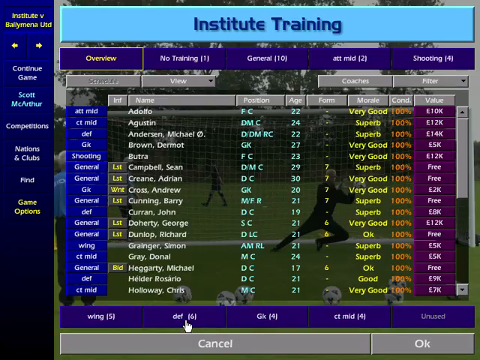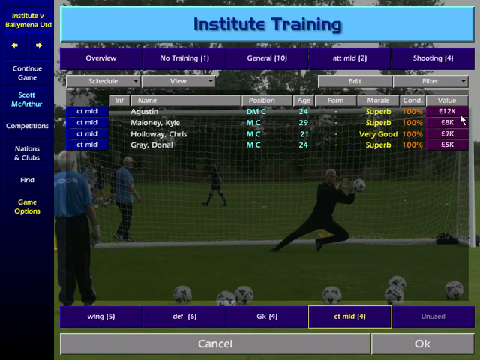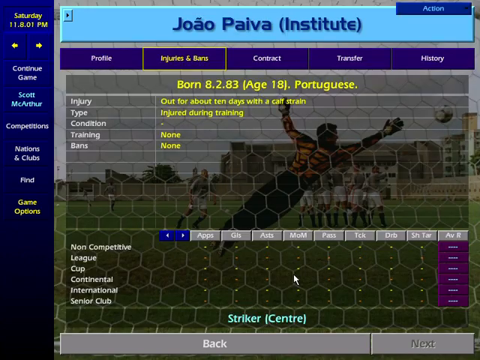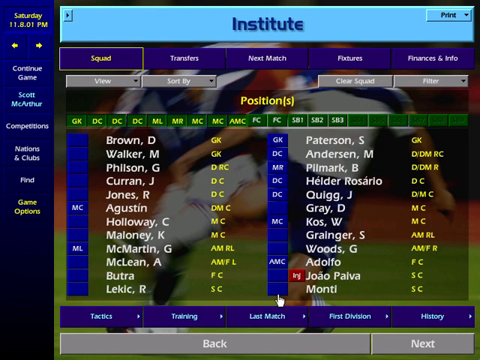There we are. Central midfielders will definitely be Kos, Augustin, Adolfo. Paiva's got a knock, so he's going to miss the first game, so it'll be Monte and Butra. And you only get 3 subs in this league, so obviously a goalkeeper, and we want to try and get somebody that can play defence and midfield, but don't have anybody, so we go Jones